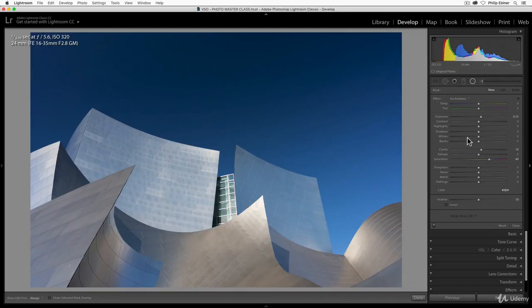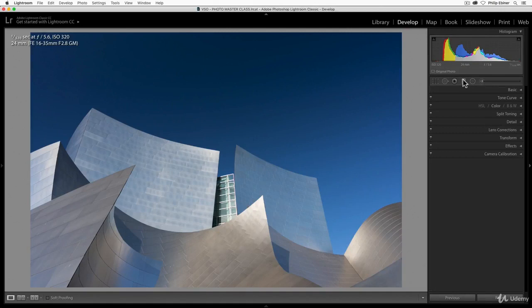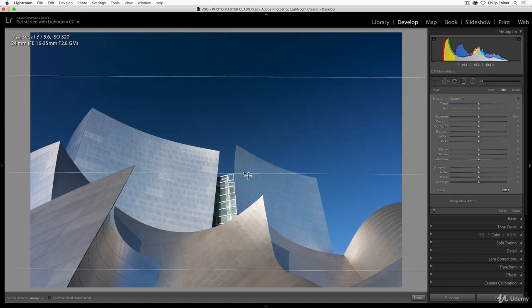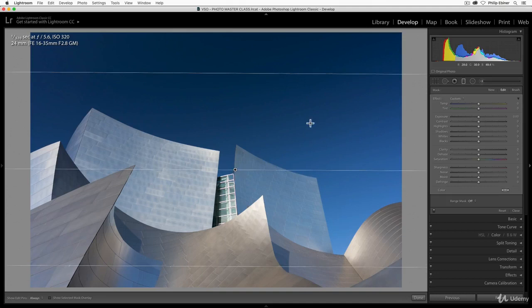This lesson is all about range masks, which you can find in any of these adjustments that we've been working with. I'm going to use this image to show you what you can do. Let me quickly apply what we did before. Say you want to make the sky even bluer. We're going to create this graduated mask or filter, clicking and dragging pretty much over the whole thing. And let's just adjust the temperature, make it super blue.